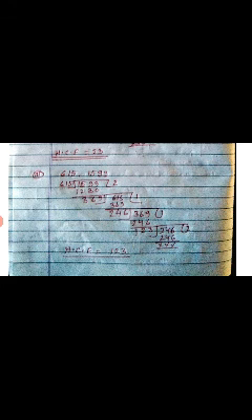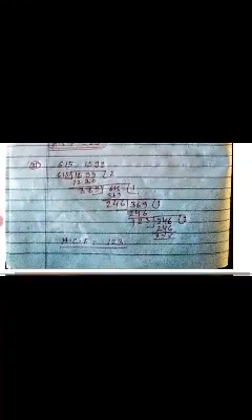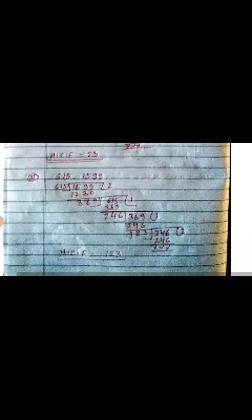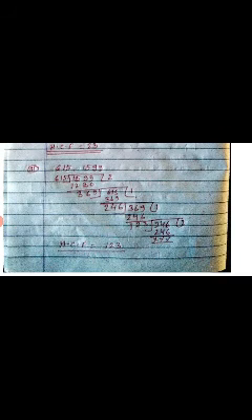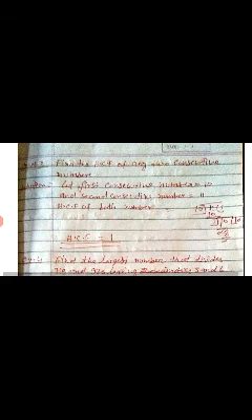369 divided by 246, 1 is 246, work of subtraction, and you will find the remainder 123. 246 divided by 123. 123 twos are 246, remainder 0, and you will find the HCF is equal to 123. Question number 3, find the HCF of any two consecutive numbers. Consecutive numbers means